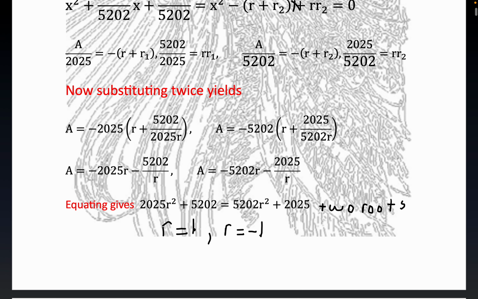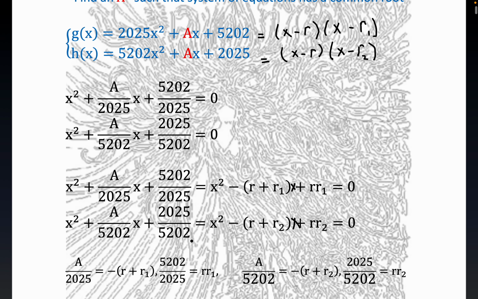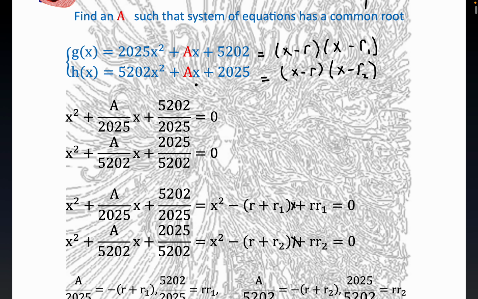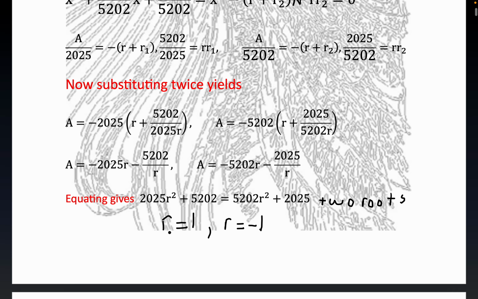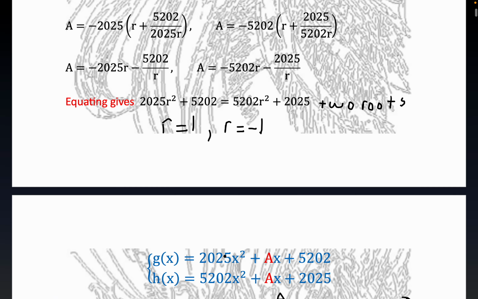You wouldn't have been able to find these roots. In a lot of these problems, a better problem would be if you didn't have to actually find the root. There's probably a way to do it without actually finding the root, but we're supposed to find A. The way I did it determined what r was in a sort of trivial fashion. So, but in any event,